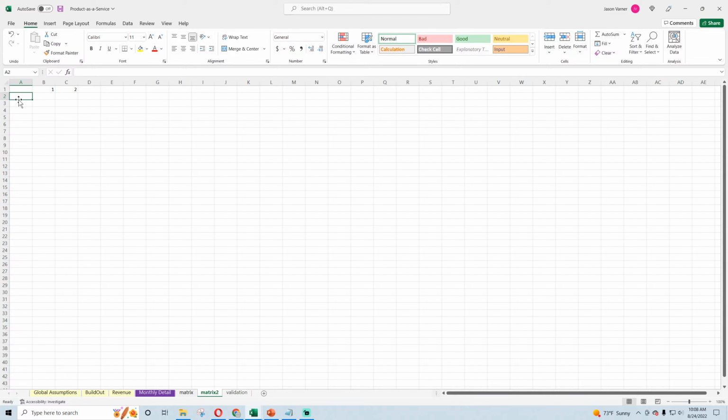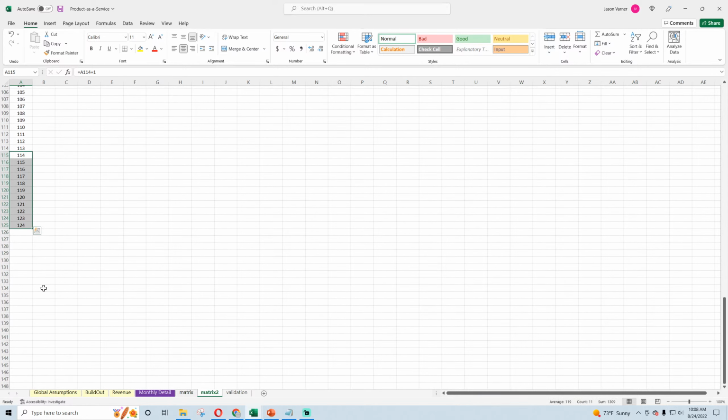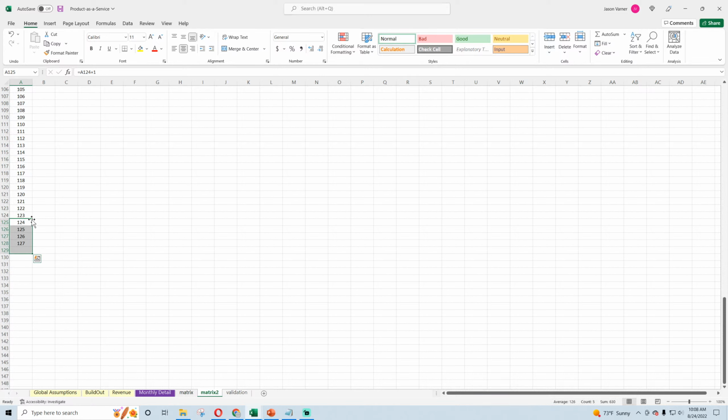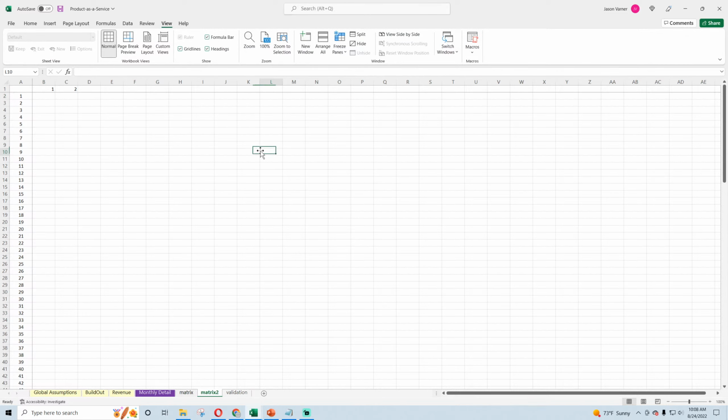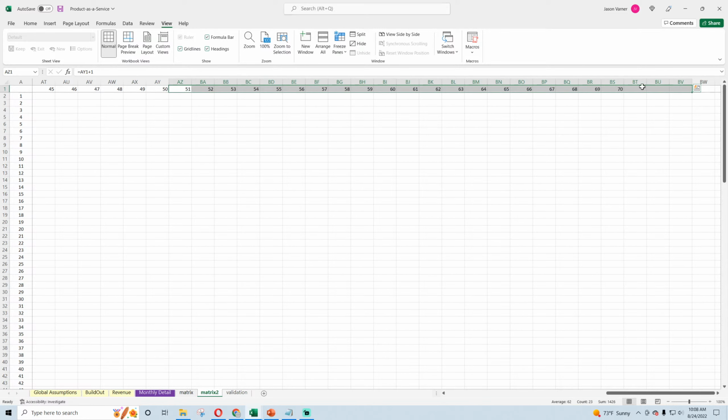So time's going both ways, and this is how we do cohort modeling with customers that have recurring retention rates or recurring revenue, but they only stay for a certain amount of time. Now this logic is used in all kinds of SaaS modeling. It's very, very good to be able to know how to do this.